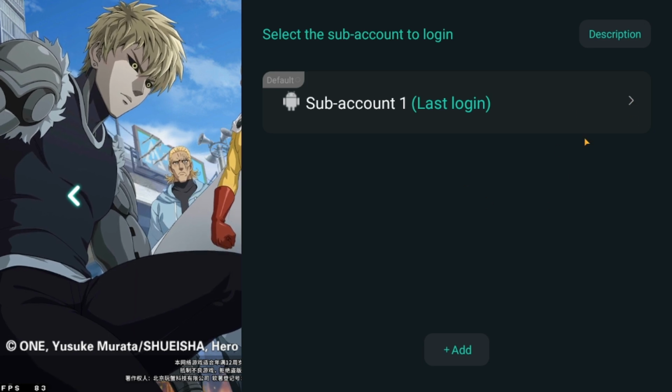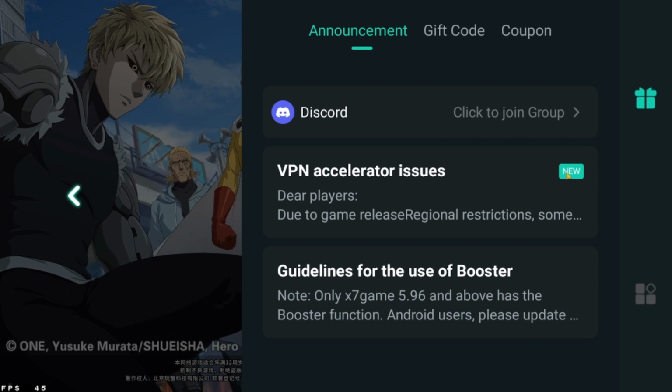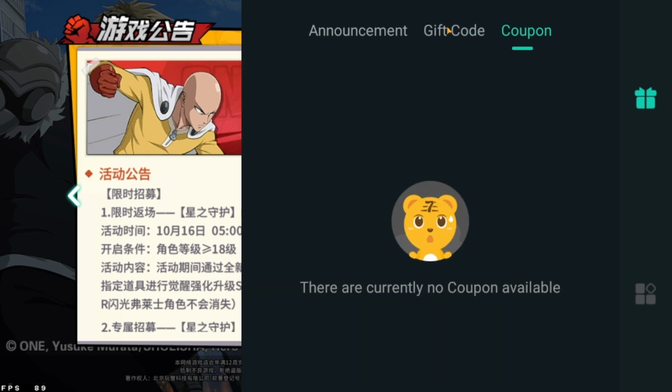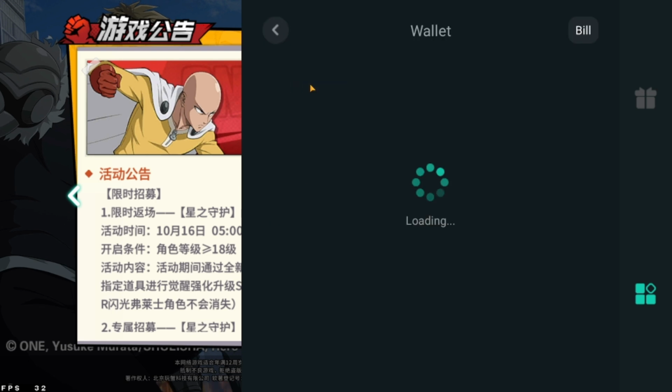Now, once you are logged in, you can just press that, and it will pop up with this. I mean, this is just whatever. So there's no gift codes or coupons. However, if you go down here, you go to balance,